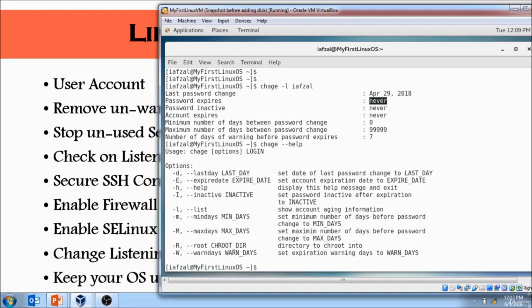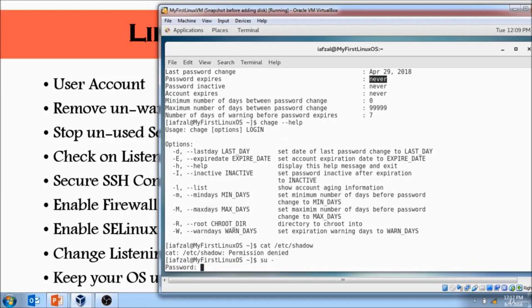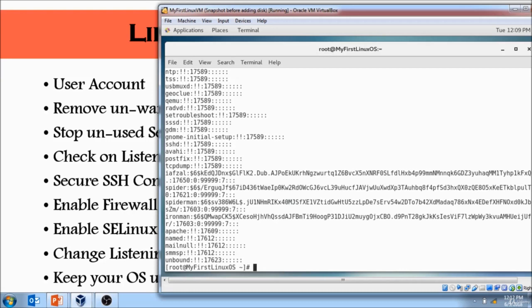each user. Also, if you go to /etc/shadow file, you will see permission denied. I have to be root. So if you cat out the /etc/shadow file, you will see each user has a username and its password. At the end of the password, in this column, it has these numbers. These are the same numbers as we have defined in chage. You could change either with this command, see it change, or you could go directly to the /etc/shadow file